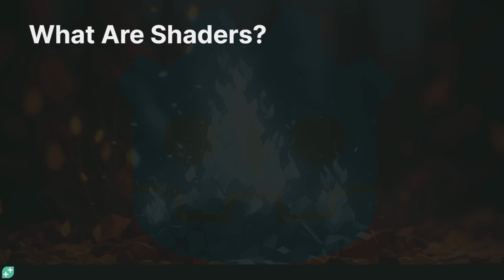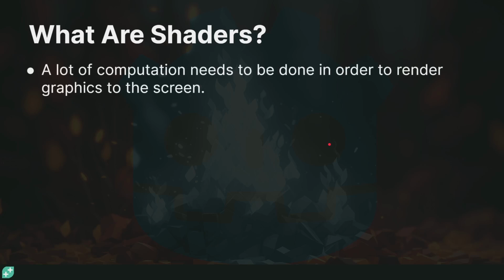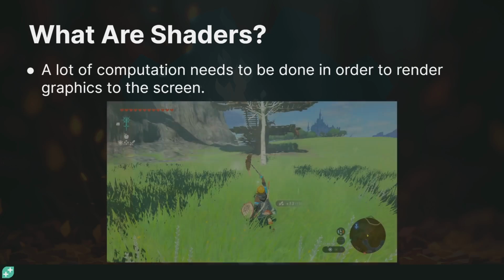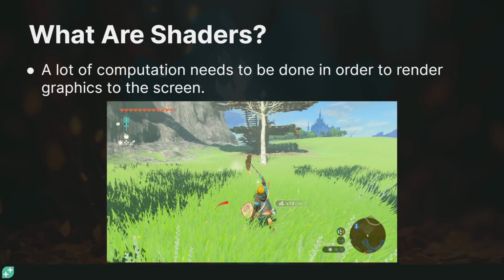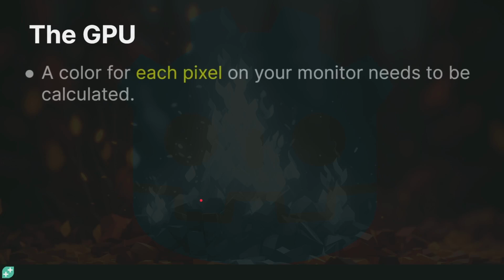screen. So it turns out, for this rendering graphics to the screen to happen, a lot of computation needs to happen. So in a typical 3D game these days, you have detailed 3D models, you have lighting that's happening in real time, shadows being calculated, and all sorts of different visual effects going on at the same time. So all of this amounts to just a ton of 3D math, matrix calculations, all sorts of stuff that needs to happen. And all of these calculations need to result in a color for each pixel that's on your